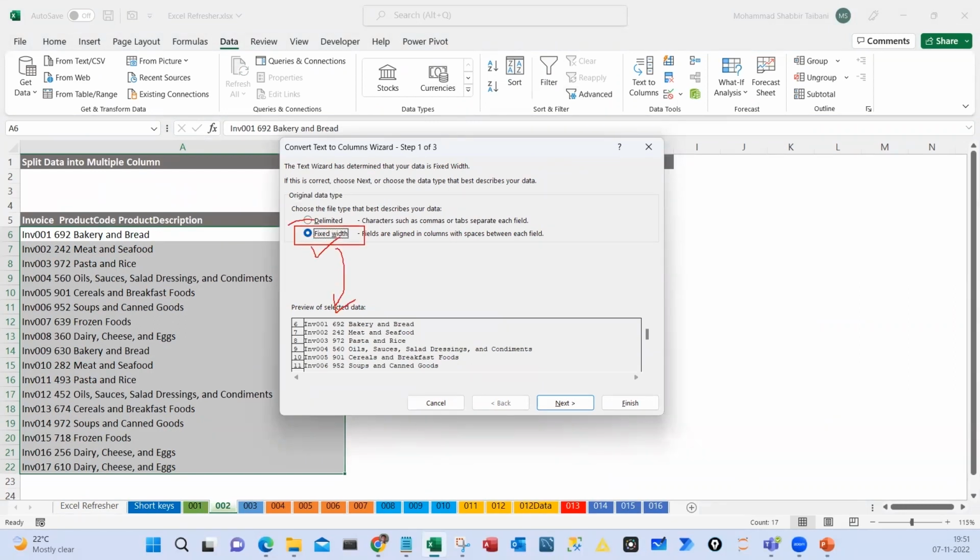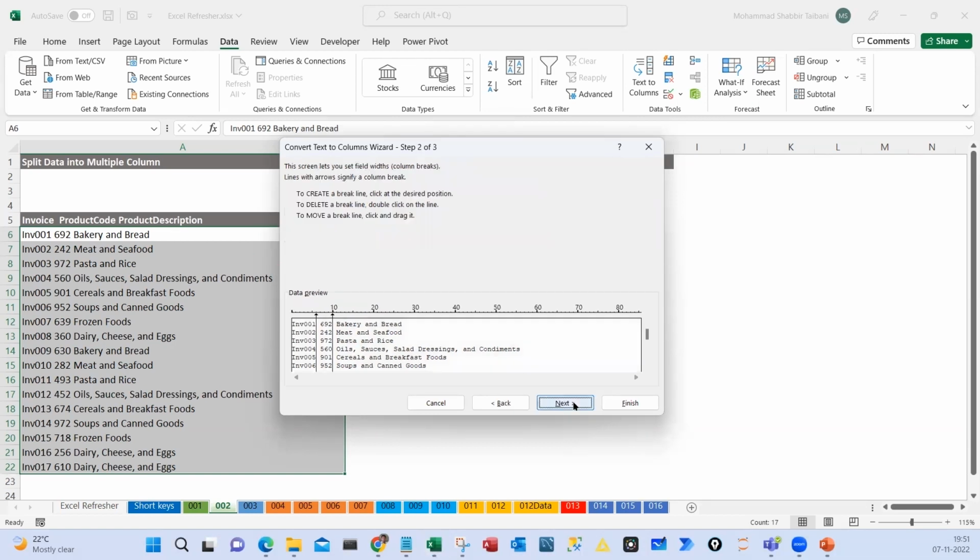Excel is saying, based on your data, you should go for the second option. What is that second option? Fixed width. I'll go with the Excel suggestion. I'll keep the fixed width. I'll press next. Now look at this. Here also Excel is suggesting some good options, like you have column 1 and